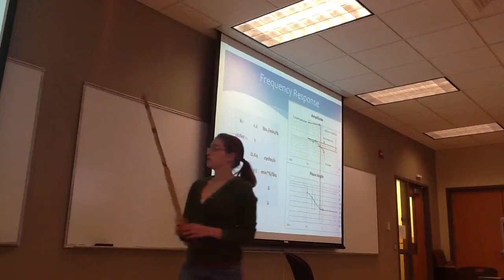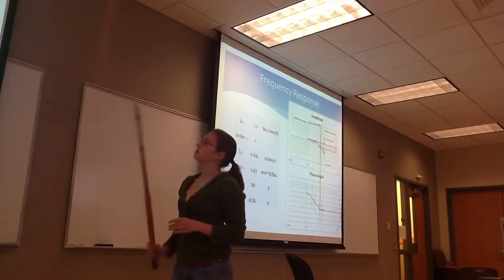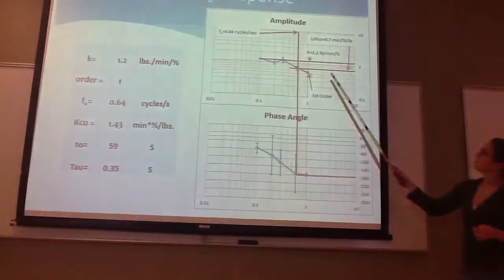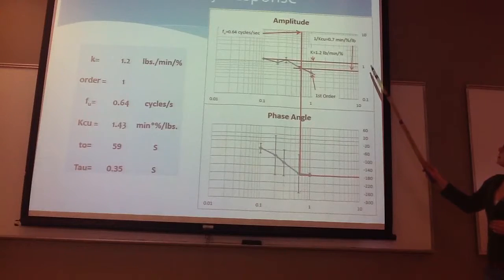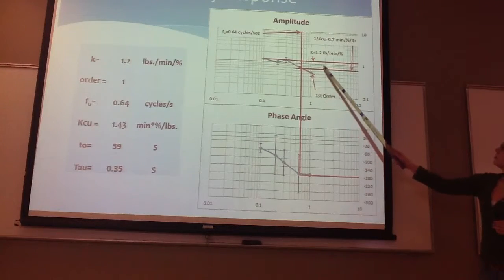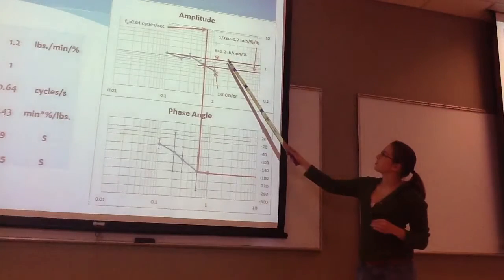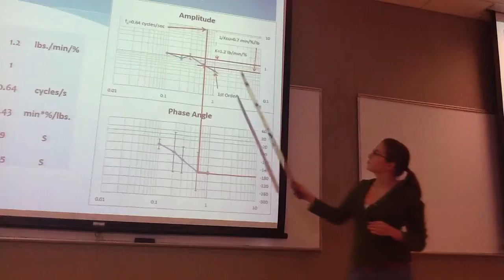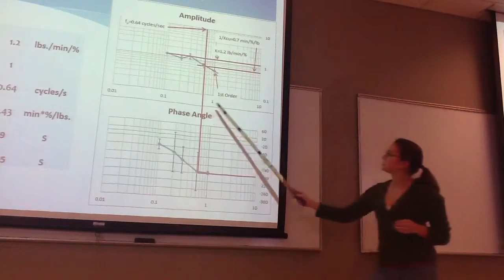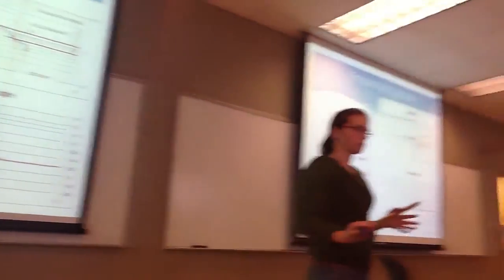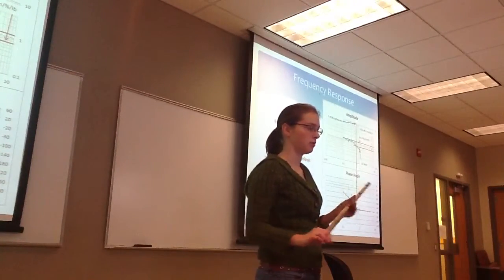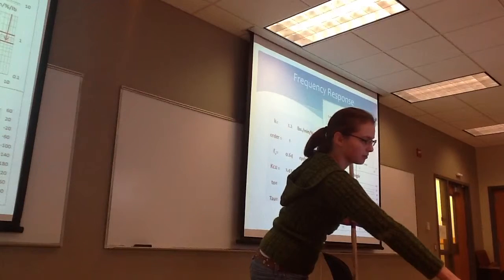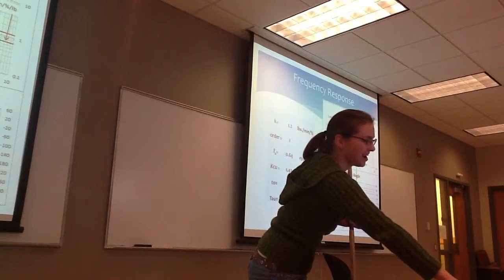For the Bode plot modeling of the frequency response, you can see that it is a first order system. You have the ultimate controller gain, or 1 over the ultimate controller gain, the gain of 1.2 pounds per minute per percentage, and the ultimate frequency. This produces a dead time of 59 seconds, that must be an error, that's really large, and the tau of